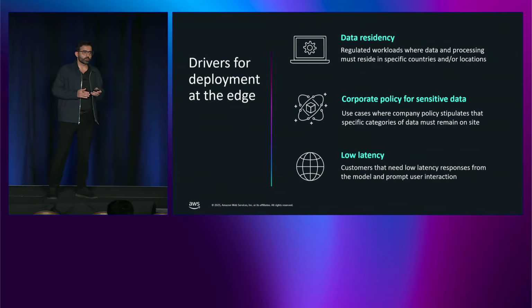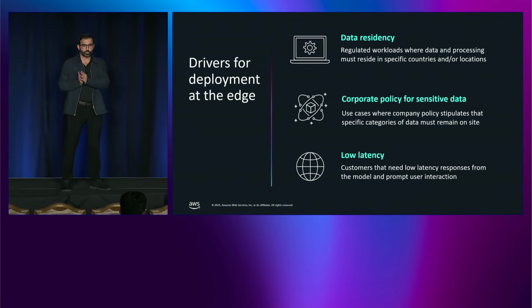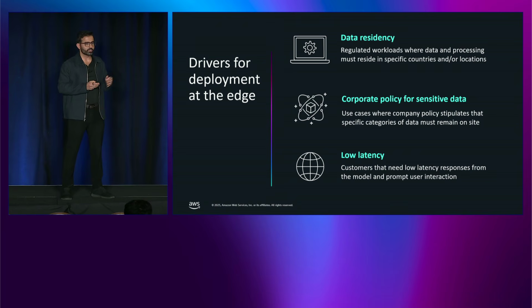And as I mentioned, the AWS AI Continuum provides customers a consistent experience all the way from the regions to the edge. And when it comes to the edge, there are three key business drivers that we see across all our customers. The first one is around data residency, where customers with certain regulated workloads cannot deploy these workloads in regions. It's either because of country-specific residency requirements, or because of country-specific sovereignty requirements. Overall, there are limitations on moving and processing data outside of certain geopolitical or geographical boundaries.